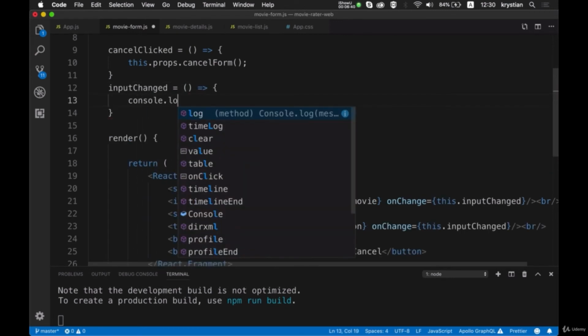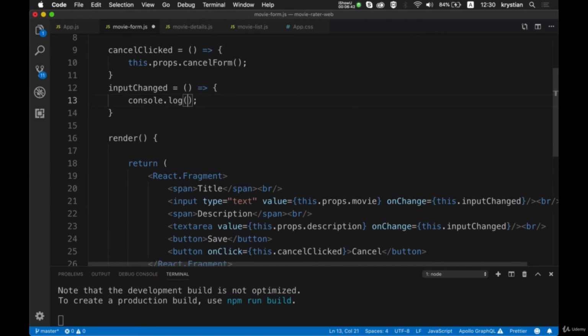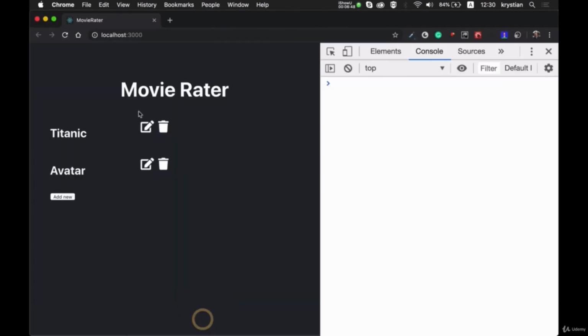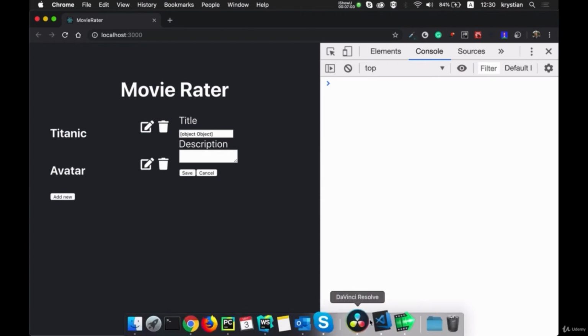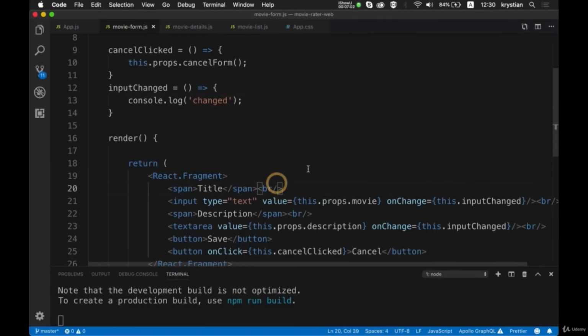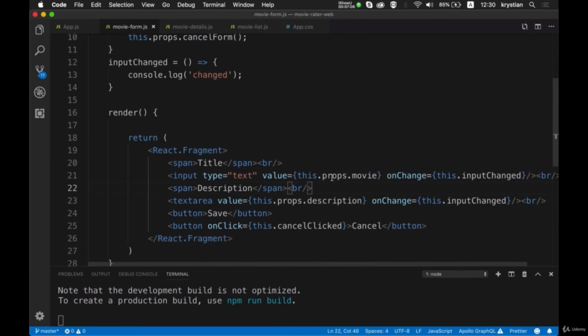So for now I will just do changed. So let's come back here. I will click it here, and then we don't have that error, but we still have some problems. And when you click on this, we try to display the object. So let's see what will actually happen. So this props movie, in fact, this is right, because this props movie that